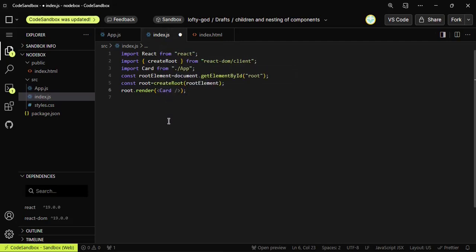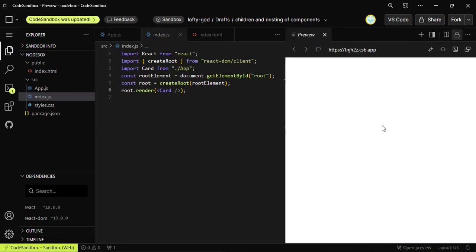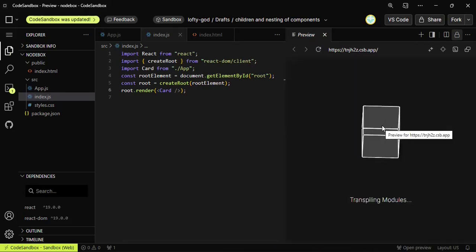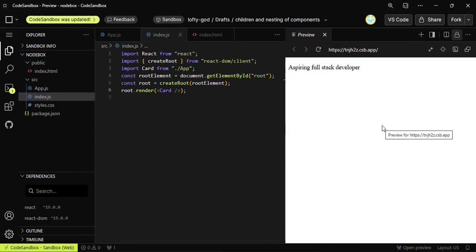So now let's render and see what this will give us. You can see aspiring full stack developer. So this is one of the ways in which we reference a component. Now, let's look at another way that